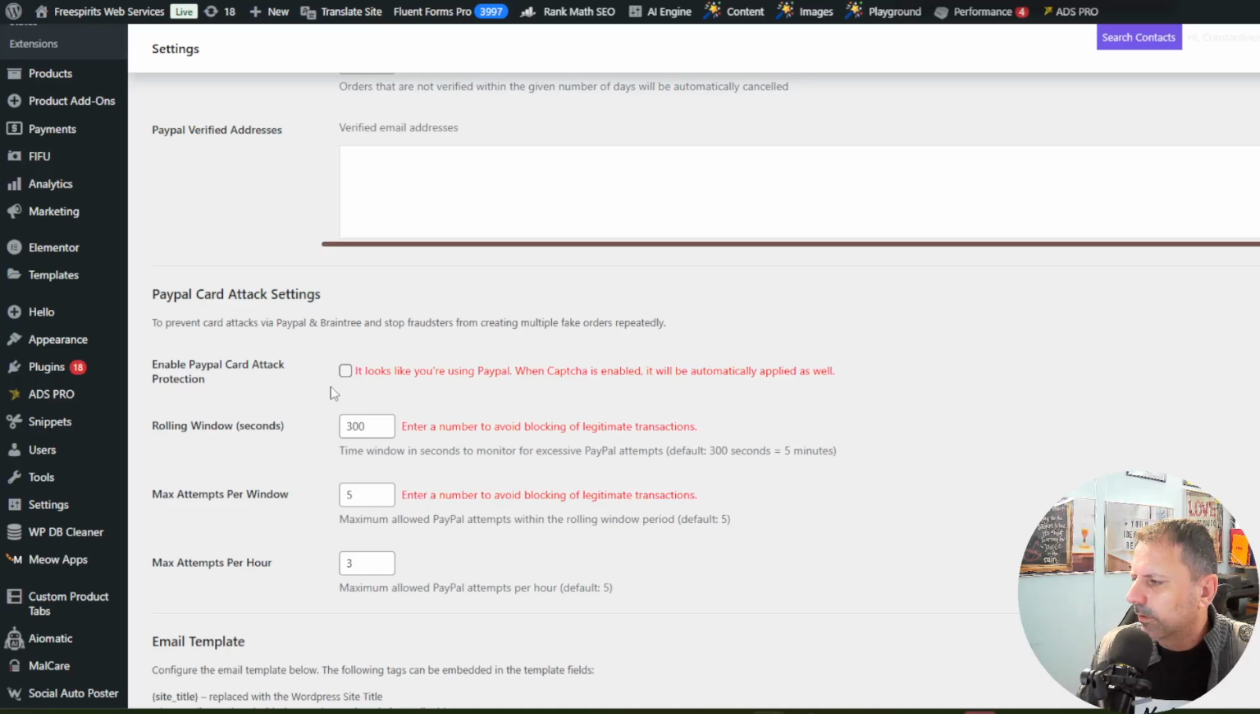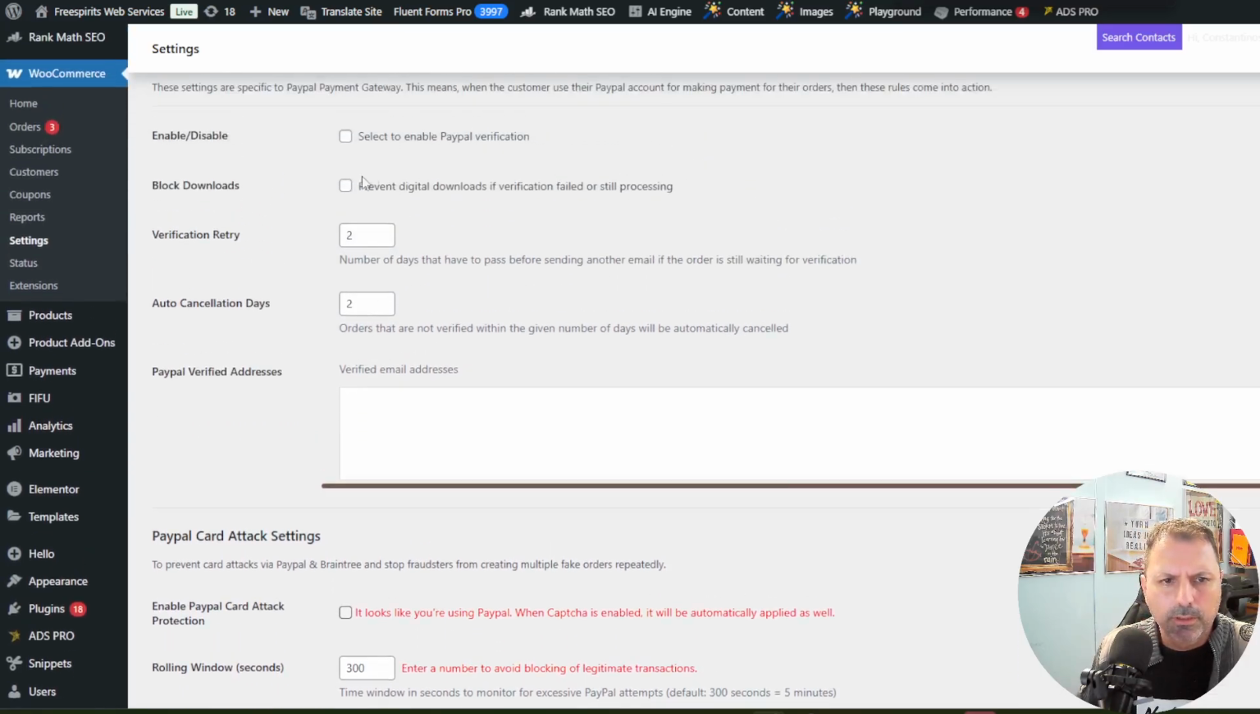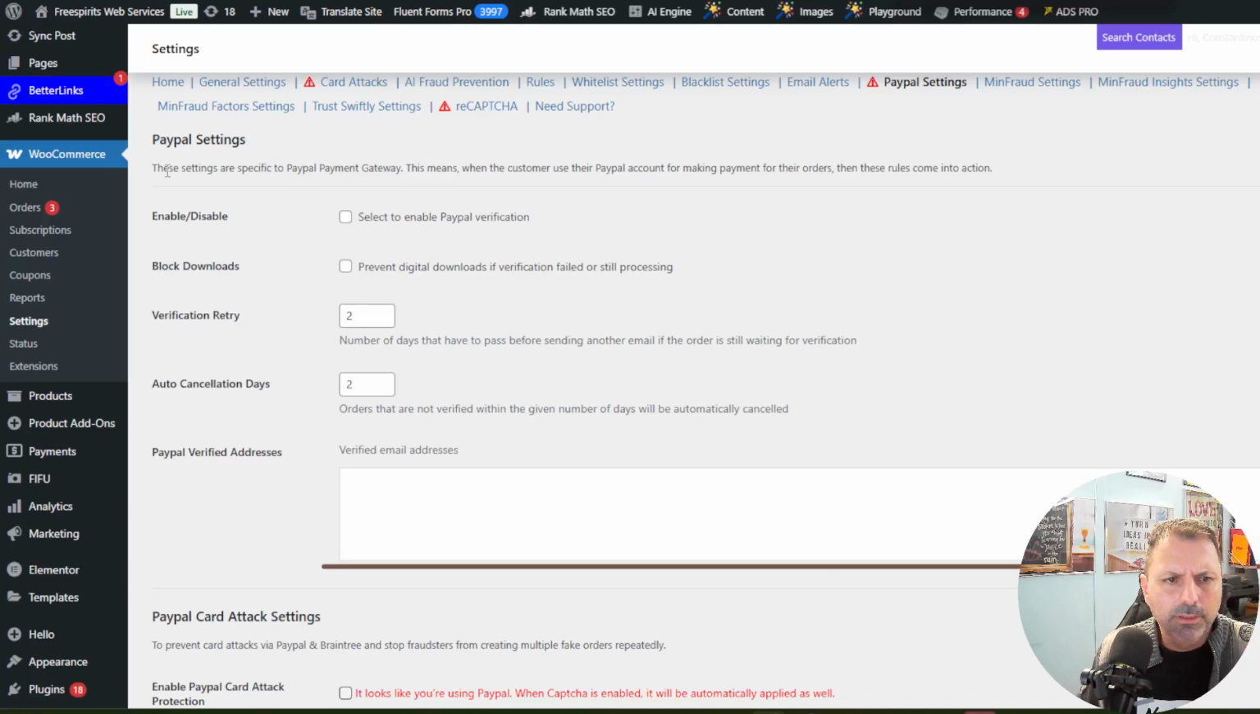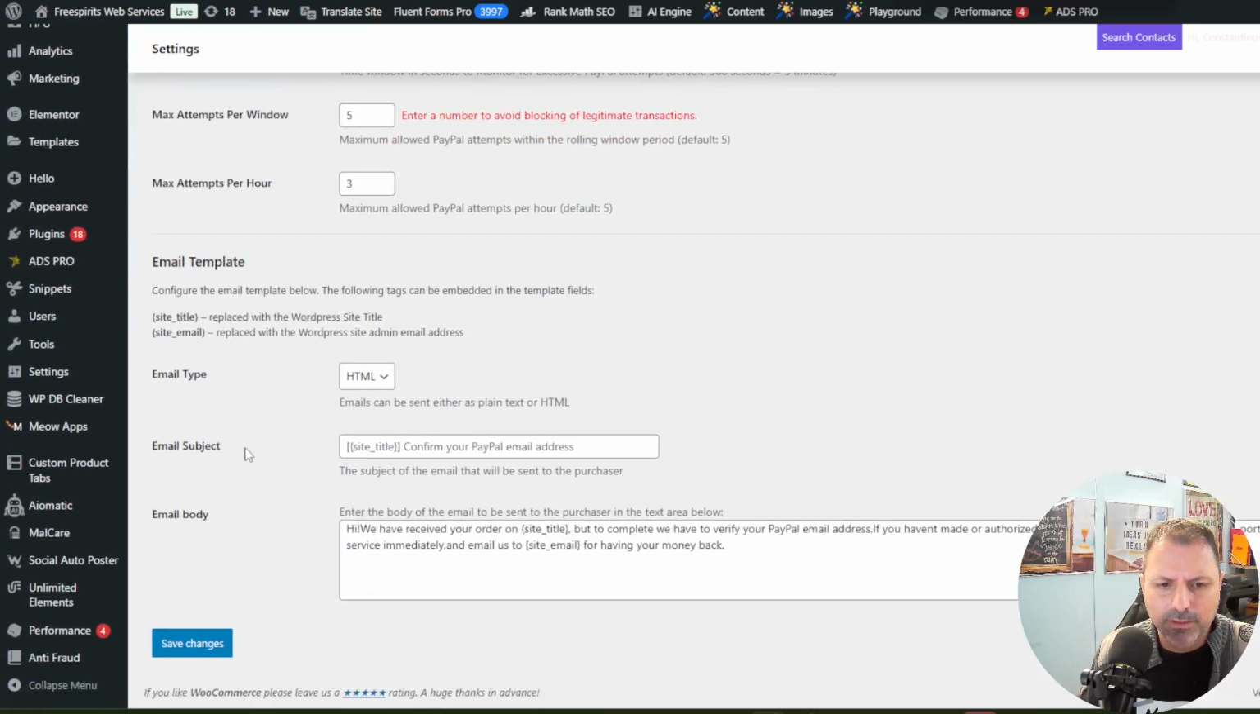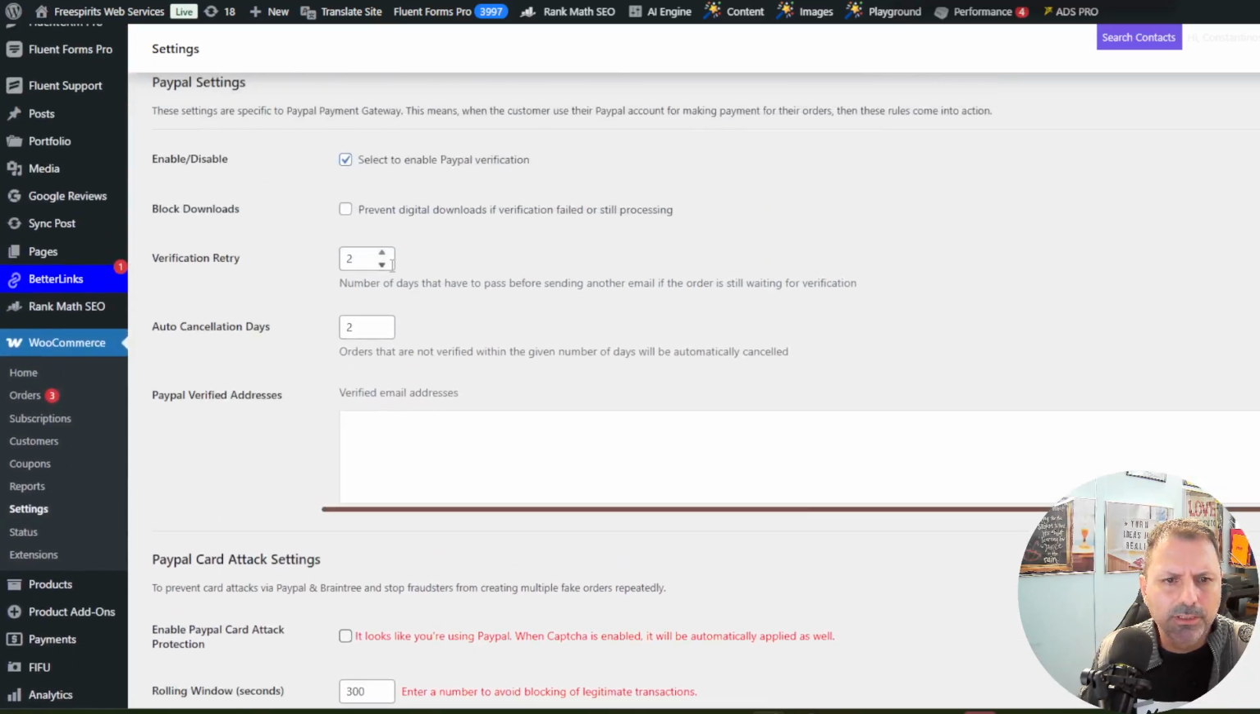Okay, and for further protection, we can come here and we see these settings are specific to PayPal payment gateway. This means when the customer uses their PayPal account for making payment for their orders, then these rules come into action. Select to enable PayPal verification. So on that way, you have to verify that this address is yours, okay? So you have to verify this address, and then